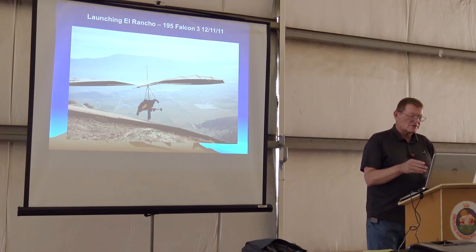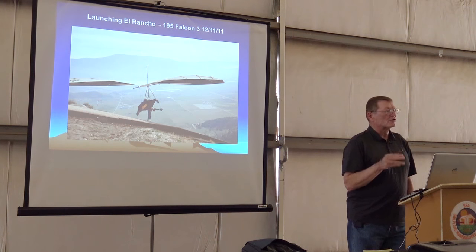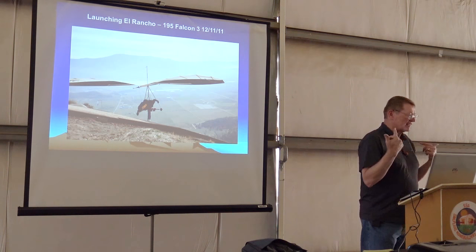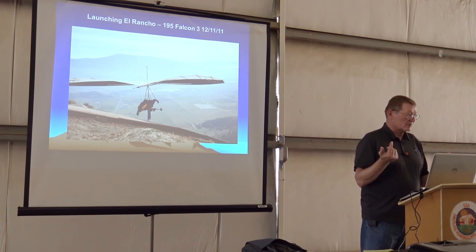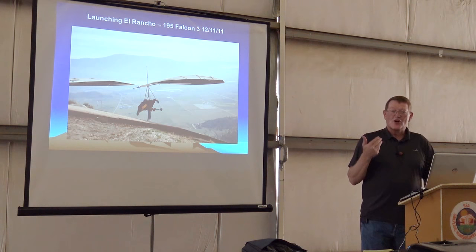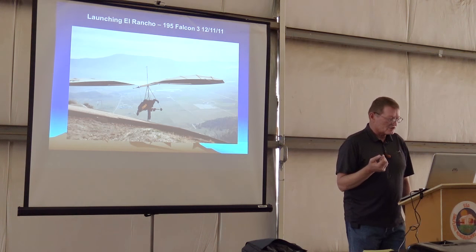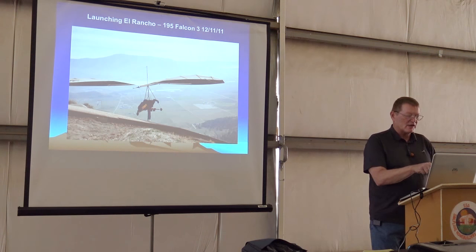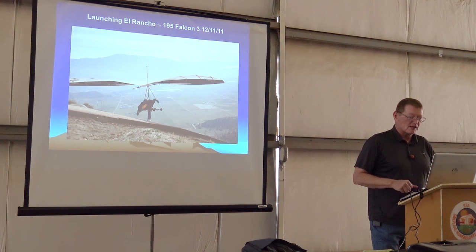At the time that I was doing this, we were losing lots of sites. At one time, I had 8 launch spots in this valley that I could launch an ultralight sailplane from. And I thought, you know, I've got to do this. We've got to really start operating from here. And indeed, at El Rancho, the name of this hang gliding site,